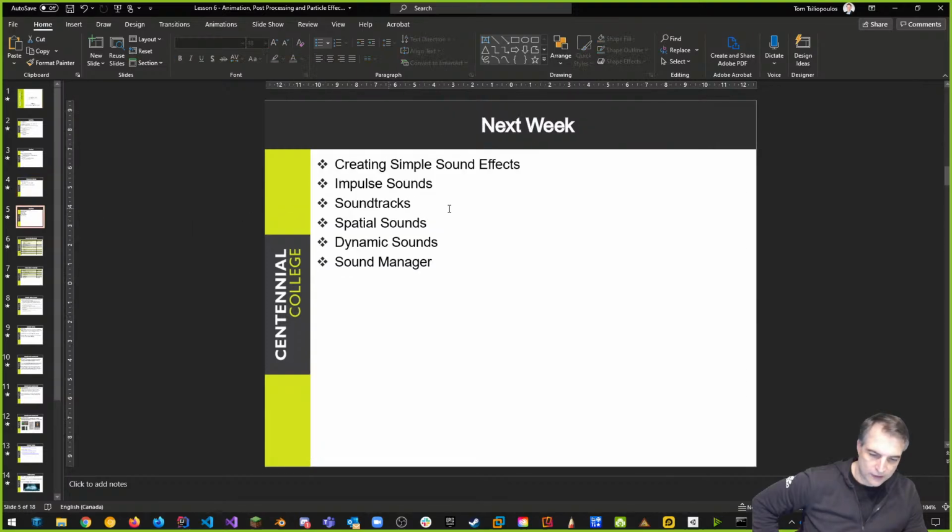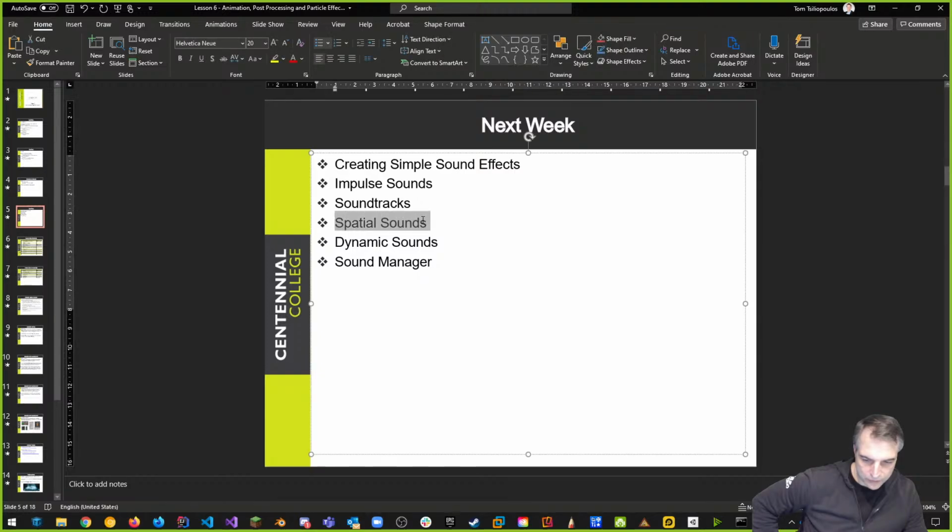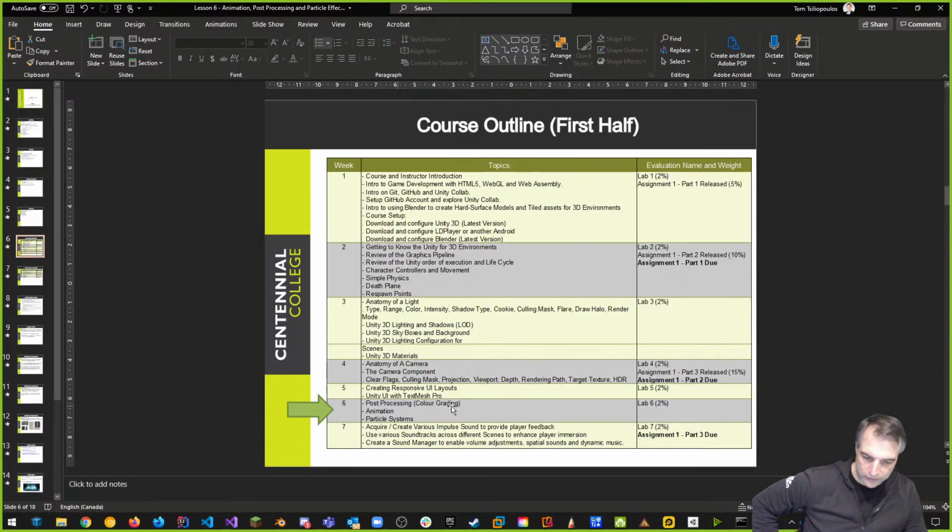Next week, we're going to be talking about sounds and impulse sounds, different kinds of sounds, how to make sound effects, how to use soundtracks, what spatial sounds are, what dynamic sounds are, and how to create a sound manager if we need one. That is next week. Where we're sitting right now is week 6, at the bottom of our first half of the semester. We're just one more week away from